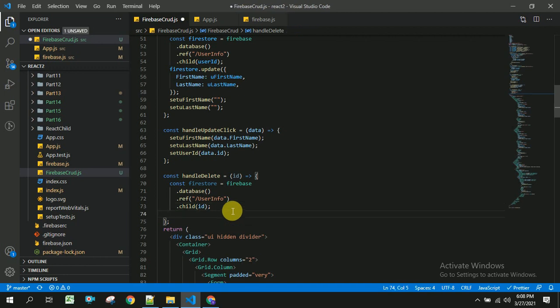Now I am going to perform Firestore dot remove. So once you perform this action, the particular object will be removed from the Firebase database, and you will be able to see the changes in our table. So let us save this and head back to our browser.